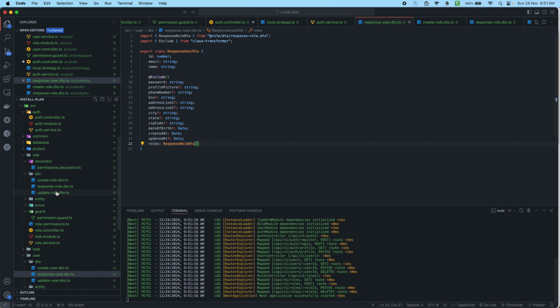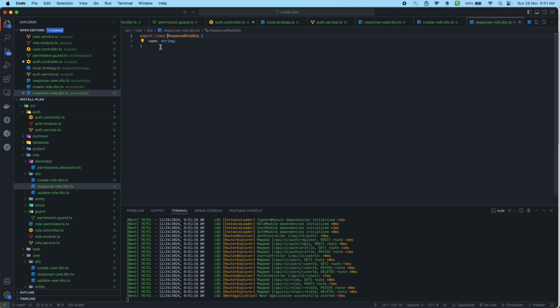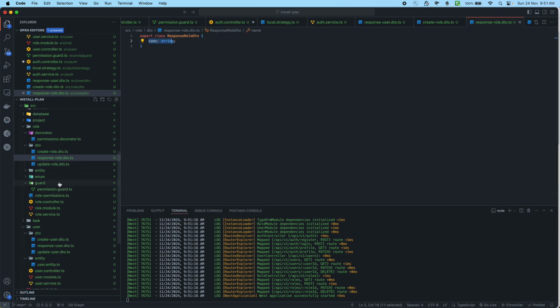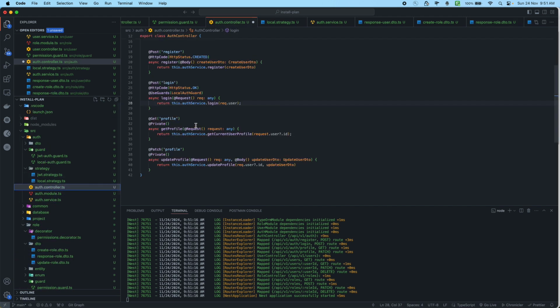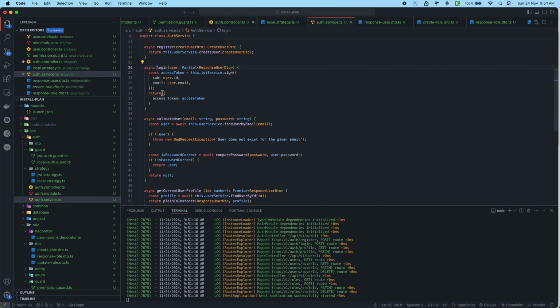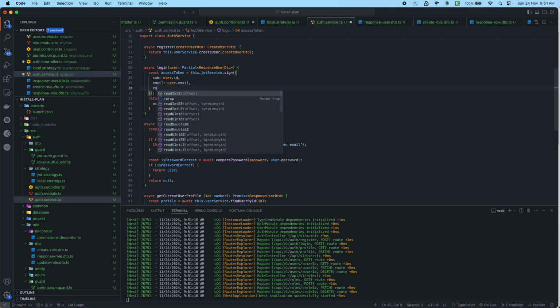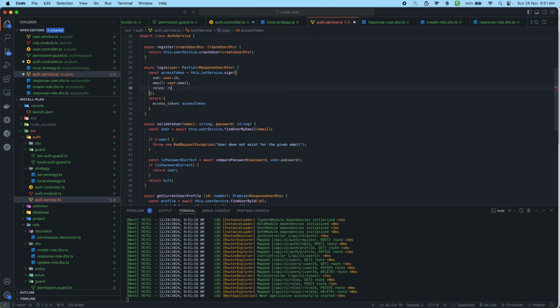But ideally what will happen, this is an object with name property, so that's why this is matching. And then let's go back in controller again. I will go in login endpoint, and here, now along with user, other properties will have roles as well. So what we can do, we can just pass roles, user dot roles,